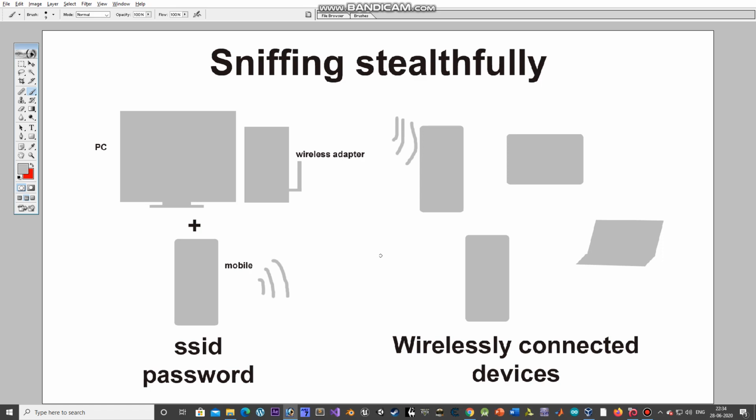Now the moment you turn on your mobile hotspot and other devices get connected to it, you could go for many attacks, which much of them would be like sending deauthentication requests to them and then forcefully disconnecting them from the network and then having the WPA handshake from that. But that would not be considered as a stealthful mode. It would be a little bit suspicious, so we are not going to do that.